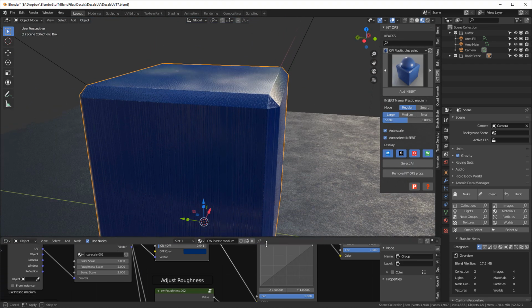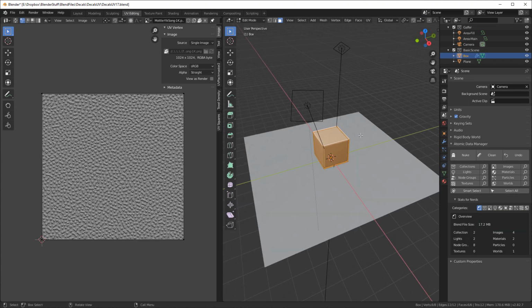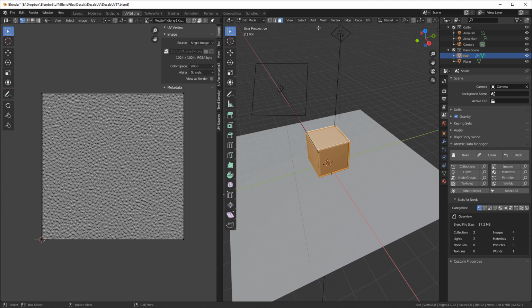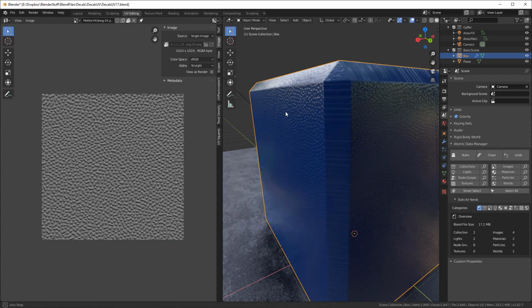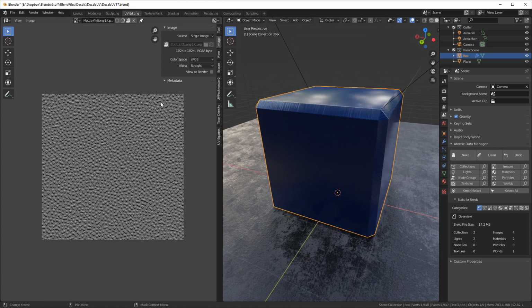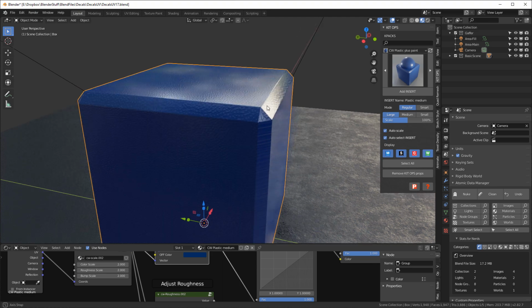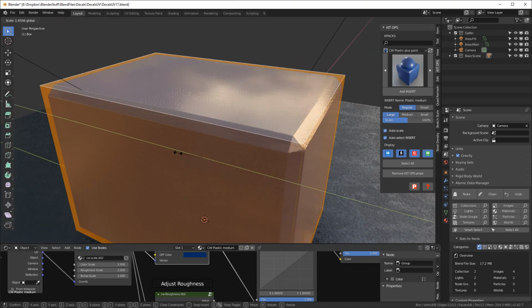So with this selected, I'll go into the UV editing and I'll select all of these and I'll just hit the U button, or I can go up here and say UV and I'll say cube projection because that's what we did before. So there's the cube projection, and if I zoom up on it, tab out of it, we'll see that that's great. One of these faces isn't correct, and that's because we have modifiers set. So let's go back into our layout and let's go ahead and tab into this